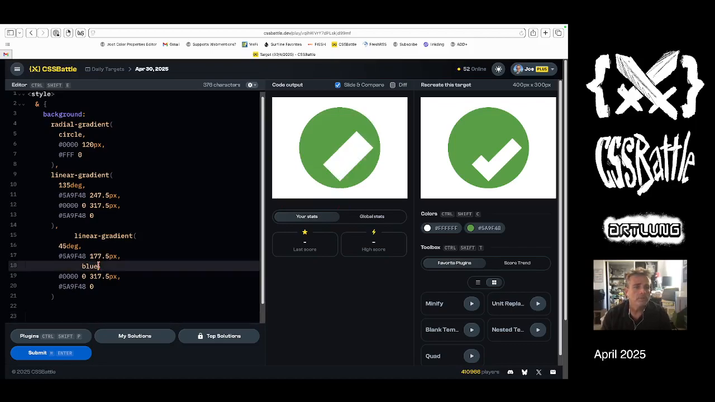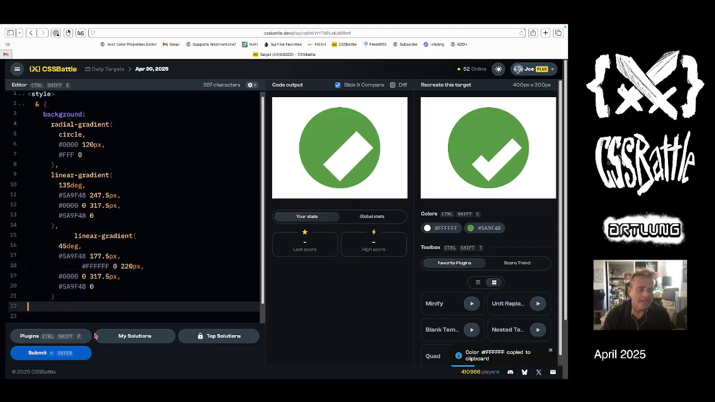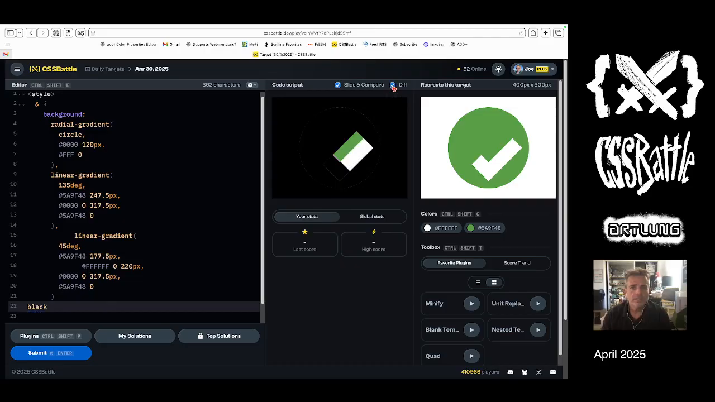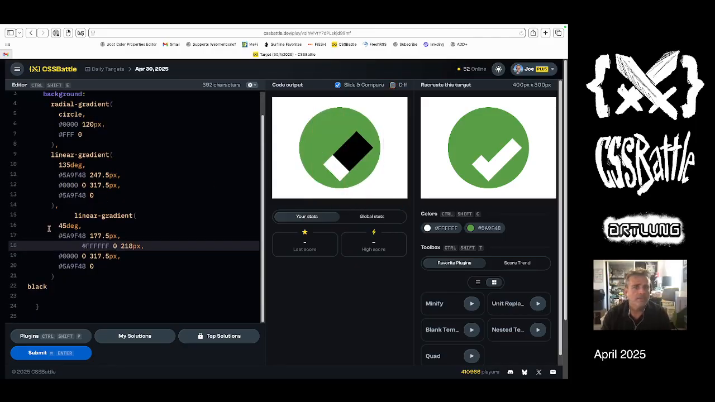Well, the problem is that we got 0, 200 pixels. Yeah, that's the side we want. 2, 210, and that's also white. So I'm going to put black in the background so I can see it. Okay, 218. That could be right. And then another